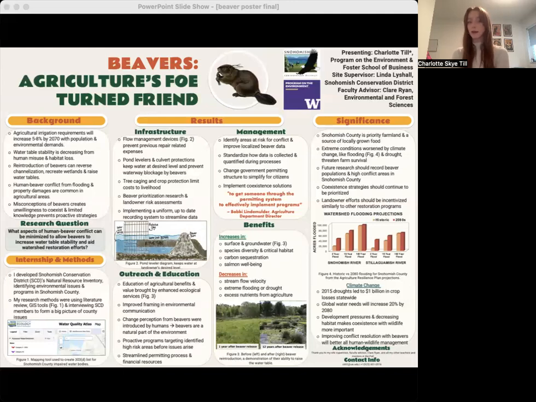My biggest finding was a need for improved research identifying where beavers are, where they would have the biggest positive impact, and where there is a higher risk for conflict. To strengthen the quality of this research, a uniform, up-to-date recording system should be implemented to quantify important data during the management process.